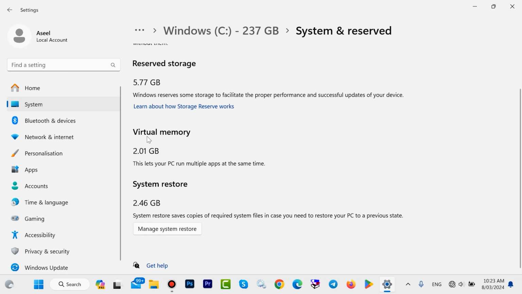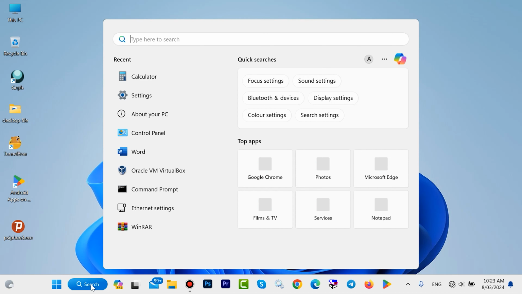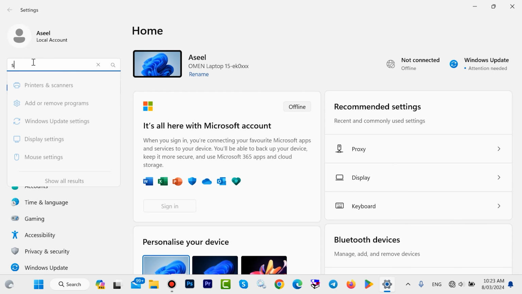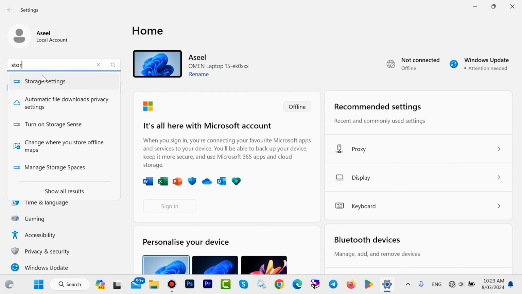In this video I show you how to increase your RAM on Windows 11. It's called virtual memory. When you increase this RAM, your performance becomes better. Without delay, let's start. In the search bar, type settings, then type storage settings,